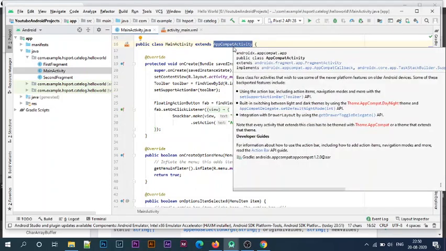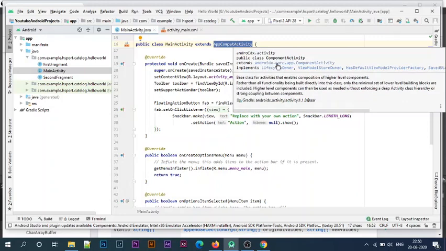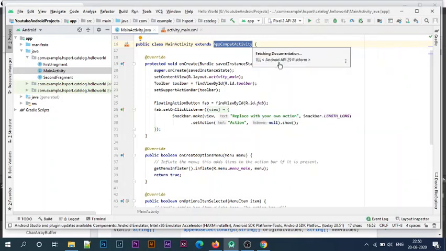From there you see that there are multiple links to the class's superclasses. I will click on FragmentActivity and then click on the superclass and keep walking until I get Activity. As you continue up the tree, you will find more and more information about that particular class.